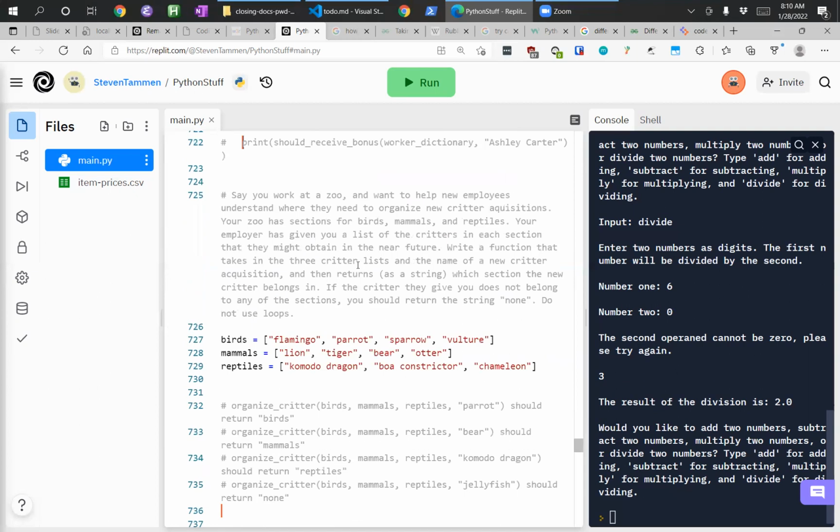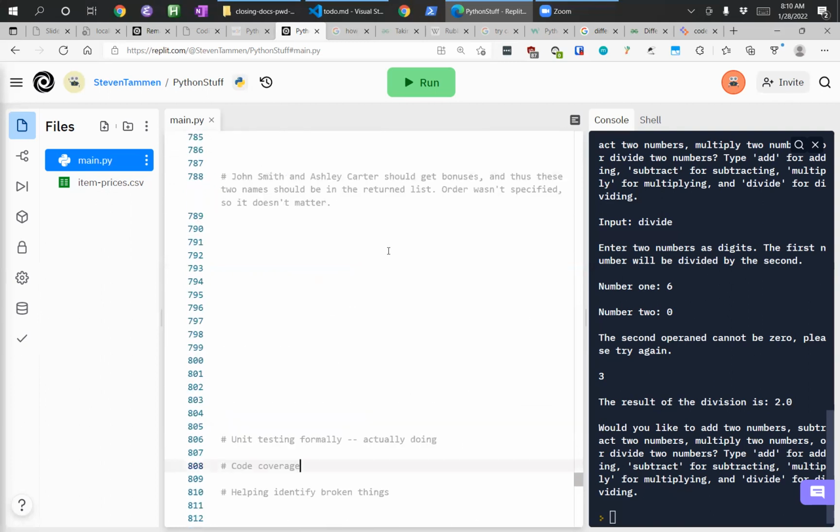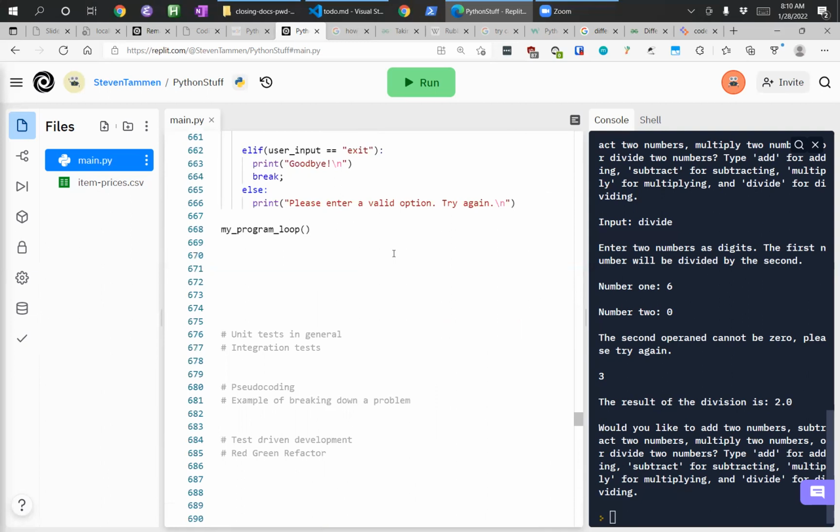And we will get into actually writing unit tests. Yeah, we'll do that eventually. I actually don't know exactly how it works in Python. I know more or less how it works. I've done it in Java. I've done it in C#. So no matter what language, there are going to be test frameworks and stuff.